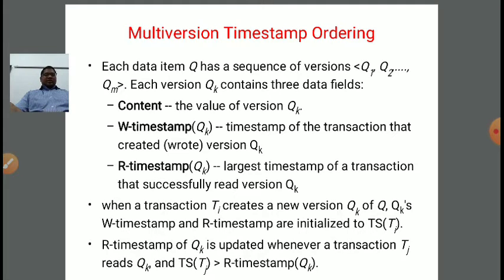Now when a transaction Ti creates a new version Qk of Q, then Qk's W-timestamp and R-timestamp are initialized to TS(Ti), the timestamp of that particular transaction Ti. Similarly, read timestamp of data item Qk is updated whenever a transaction Tj reads Qk and timestamp of transaction Tj is greater than read timestamp of Qk.